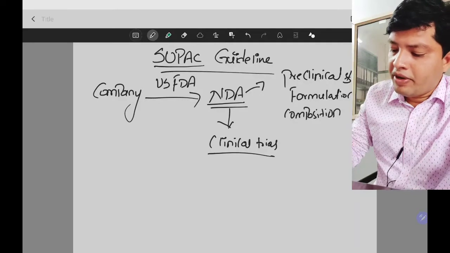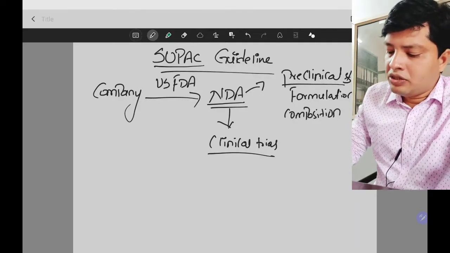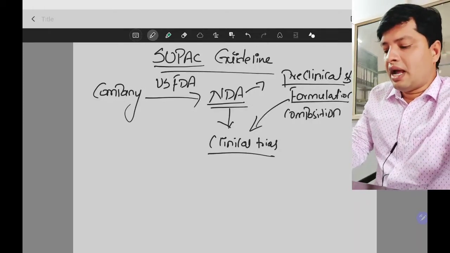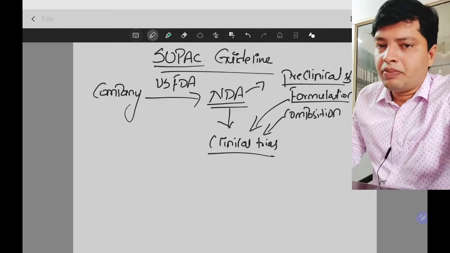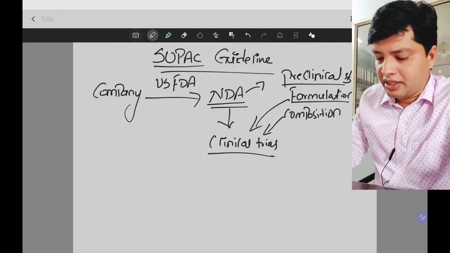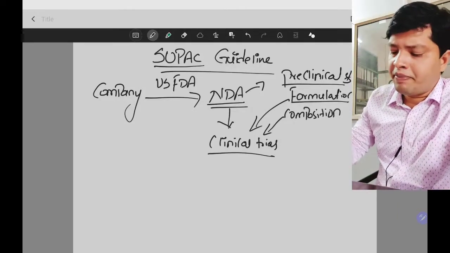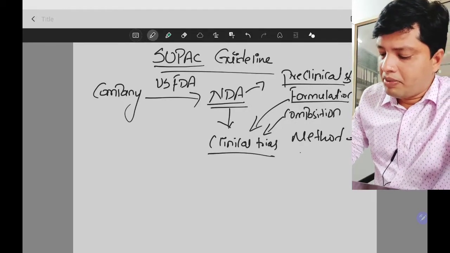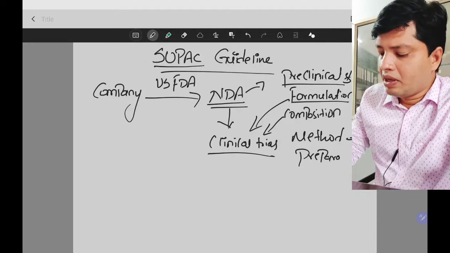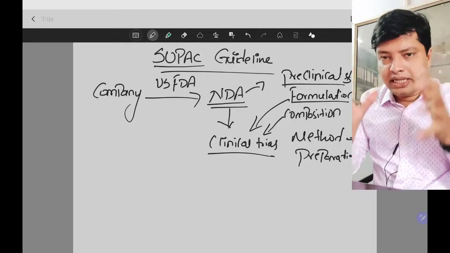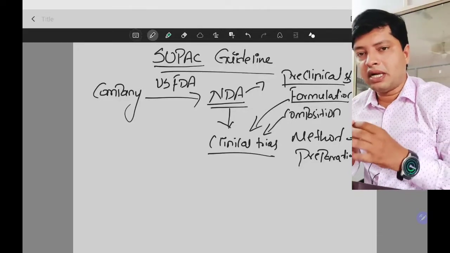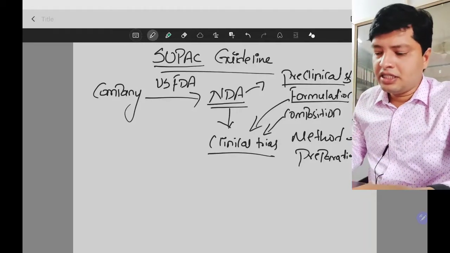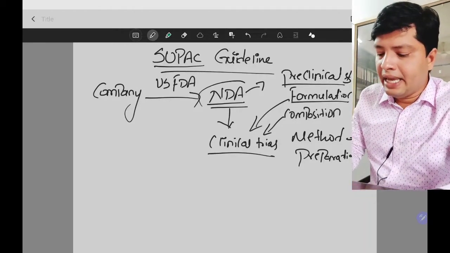You want to conduct clinical trials. So for that you need to provide the preclinical trials data, and also the formulation which you are going to use for the clinical trials of that drug and its composition. You need to provide that because you are going to conduct clinical trials there, and also the method of preparation of your formulation, etc. So complete data of your drug and its formulation which is taken for the clinical trials needs to be provided in the NDA application.